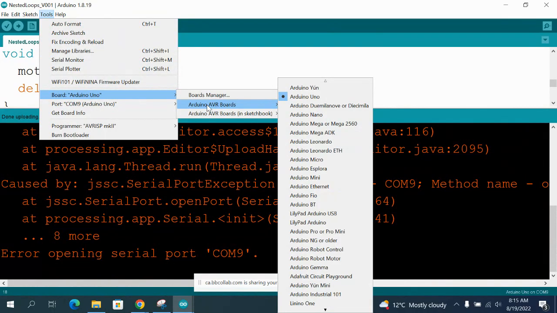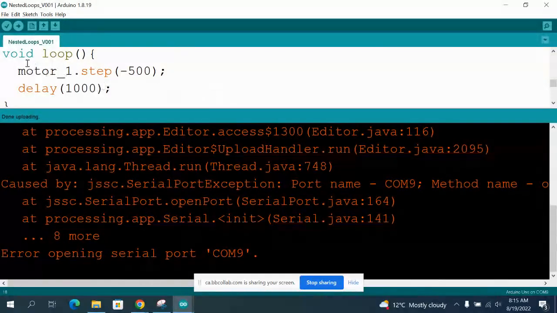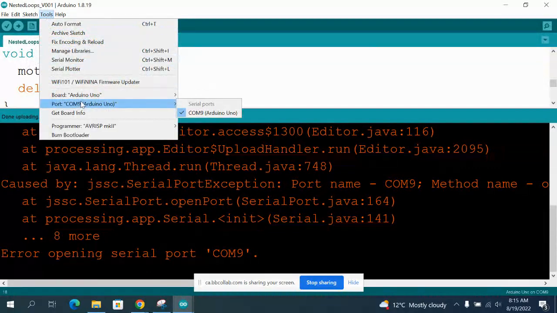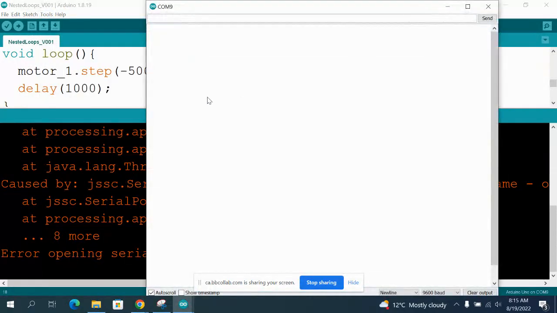This is an Arduino Uno. I must confess I've never used this. It's actually a clone, and I don't know if that is maybe the problem over here.